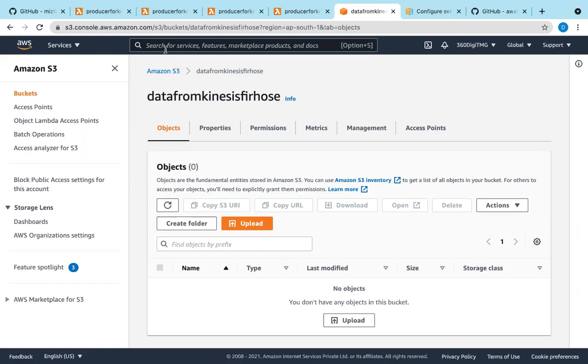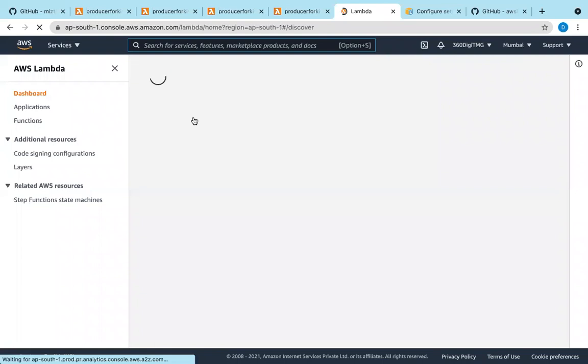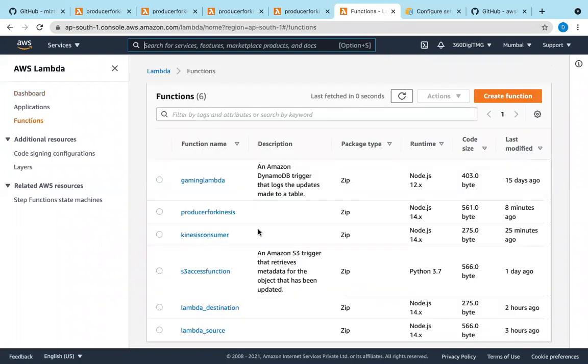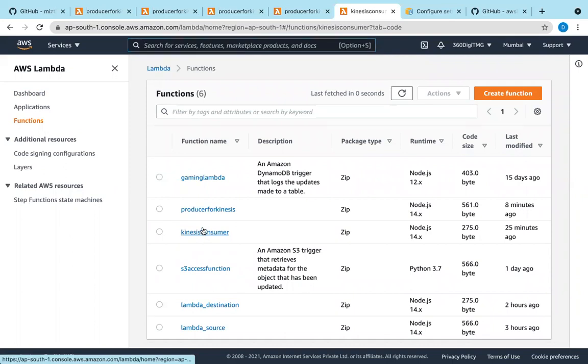If there is no error at that phase, it will push data into the Kinesis data stream. And also we have created one more Lambda function, Kinesis consumer.